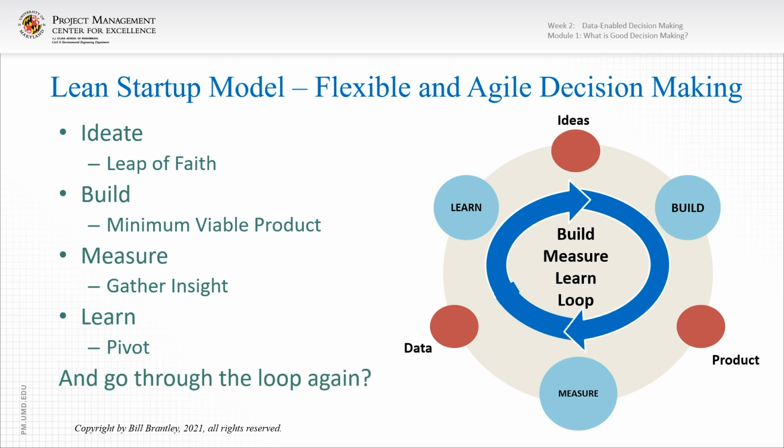So with this decision making, you're putting out a prototype out there, that minimum viable product, you're getting data on that, you're learning from that, and you decide, well, should we go through this loop again? Are there things that we need to gather more data from? And are there things that we need to do to refine it? And with many companies, they only go through this loop constantly until they arrive at a good product that'll sell for a while in the marketplace until they decide, well, we need to introduce new products and services.